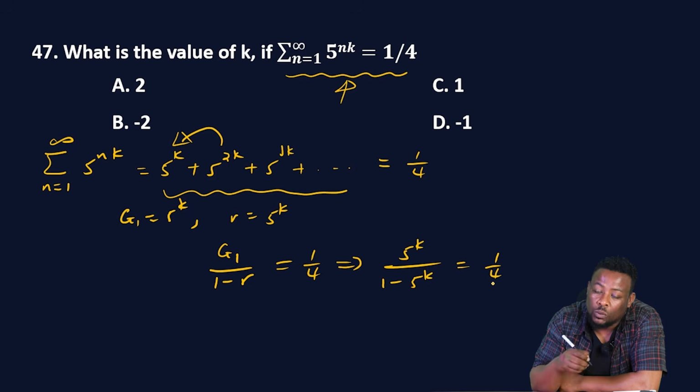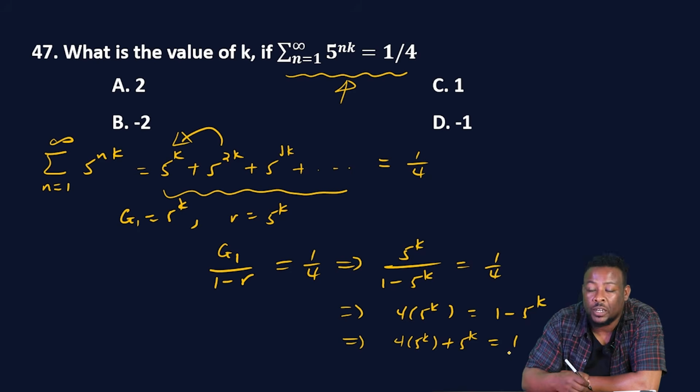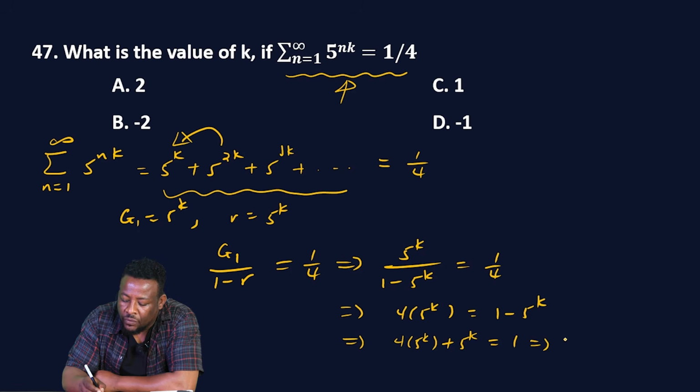Okay እቺን calculate ስናደርግ use crisscross, this becomes 4 times 5 the power of k is equals to 1 minus 5 the power of k, and collecting like terms ይሄ ምን ይሆናል፣ 4 times 5 the power of k plus 5 the power of k is 1 እንደማለት ነው፣ or 5 times 5 the power of k is equals to 1።